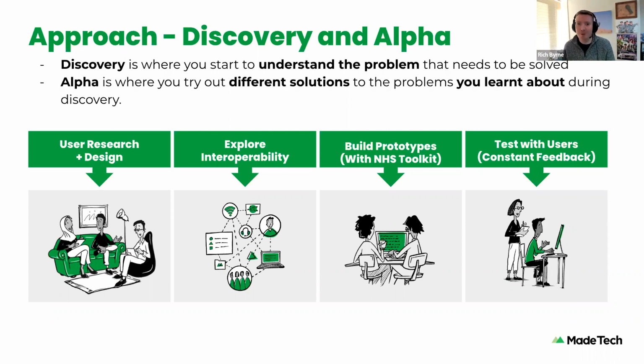So we started to build a lot of prototypes, and we leveraged something called the NHS toolkit for that, the NHS playbook, which Liam is going to talk about a little bit later on as well. Super powerful, super quick to start pulling and building websites and get that tested with users. And we did that all through alpha, constant feedback, constant looping on this process, which led to the beta phase,